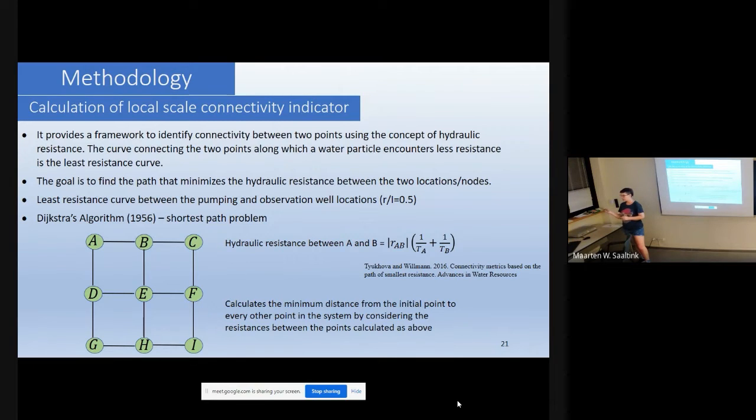The hydraulic resistance between 2 points, between A and B, is calculated as the summation of 1 over transmissivity A and 1 over transmissivity B times the distance between them. And by calculating the minimum distance from the initial point to every other point in the system, and considering these resistances between points,